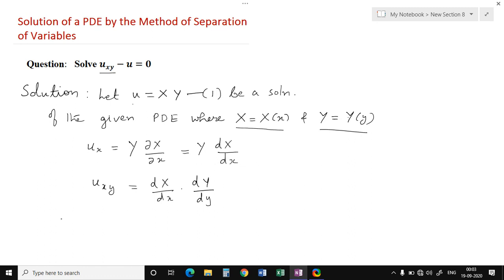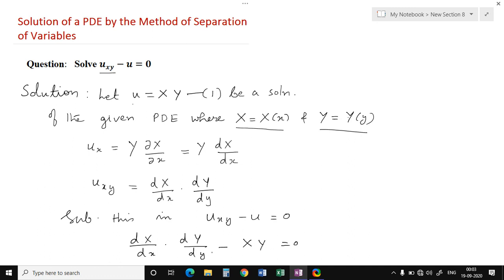Now we will substitute this in the given question, that is in u_xy minus u equal to 0. So we can write it as dX by dx multiplied by dY by dy minus u, which is XY,